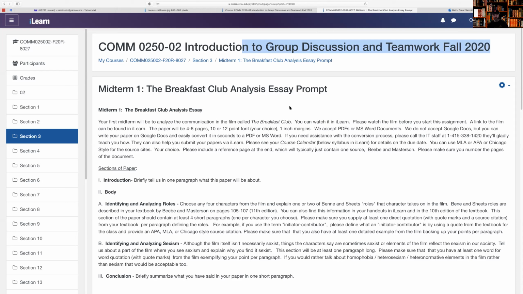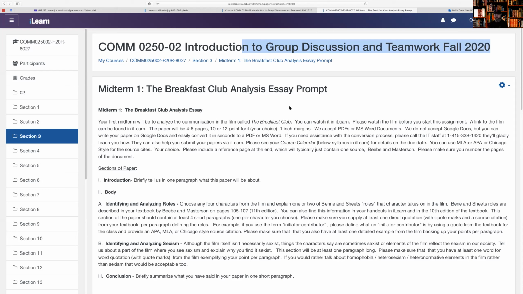MS Word, for those of you who have Microsoft Word, you can use that as well. Some people use Pages, which is a software package that Apple provides. You can convert it to a PDF very easily. Not a problem. Just click print, and then instead of selecting a printer, you will select a PDF, or you can say save as a PDF. So there's different ways to do it, but converting to a PDF is not hard at all. So if you want to use Google Docs to create the file, you can. You just can't submit through Google Docs or submit a Google Doc. If you have any trouble with that, call IT and they'll help you out, or you can contact me and I can try to help you out with that part.